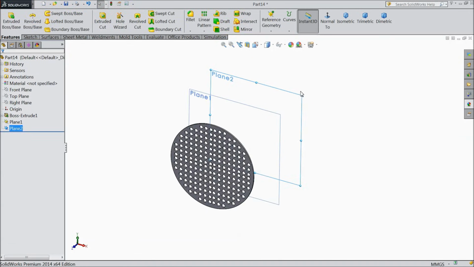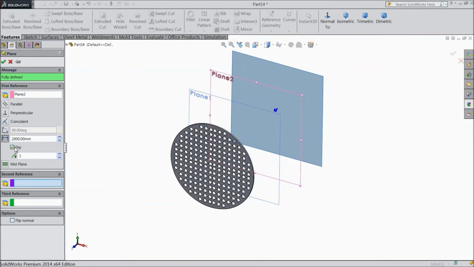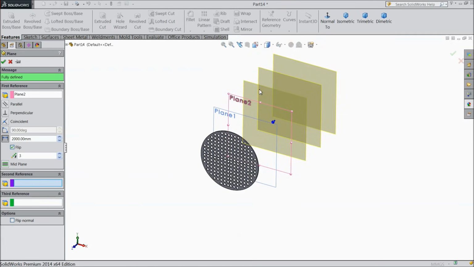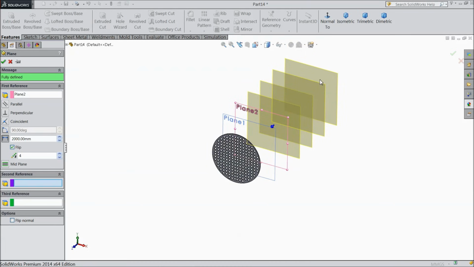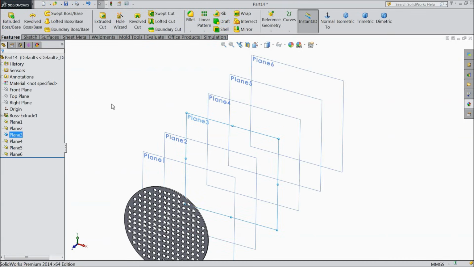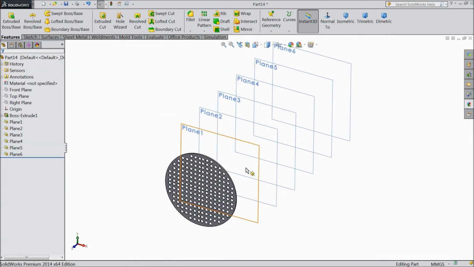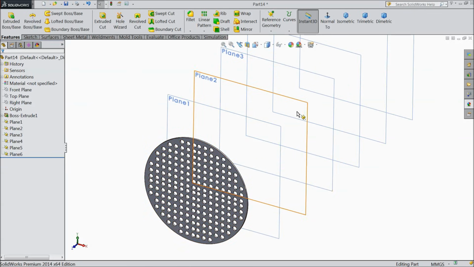OK. Now the same, select plane 2, and choose plane, flip direction, keep 2000 and make 2, 3, 4, 5, 6 number. Actually we want 6 numbers, so select here 4. Now 4 planes in 2000 direction. OK. Now that's it, 6 planes created. Now we want to just mirror this to every plane, and we will make it.